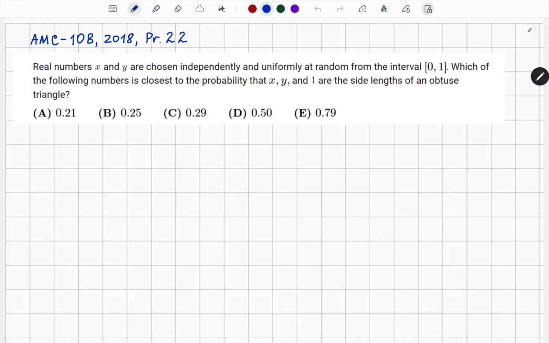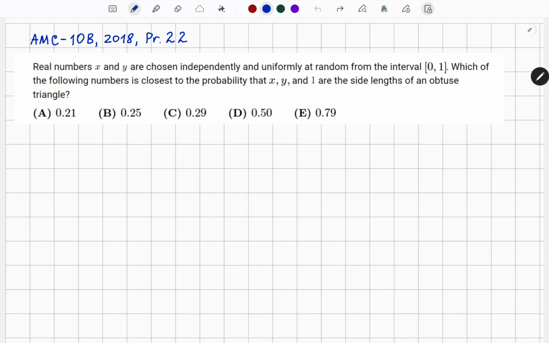Welcome to the advanced probability theory based on the geometrical concepts. This problem is taken from AMC-10B 2018, problem 22, which means it's hard enough. Real numbers x and y are chosen independently and uniformly at random from the interval from 0 to 1. Which of the following numbers is closest to the probability that x, y, and 1 are the side lengths of